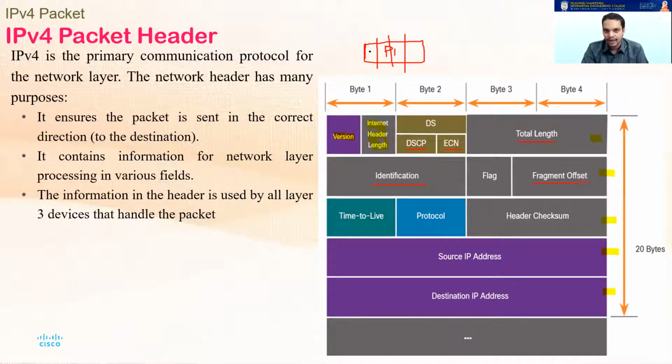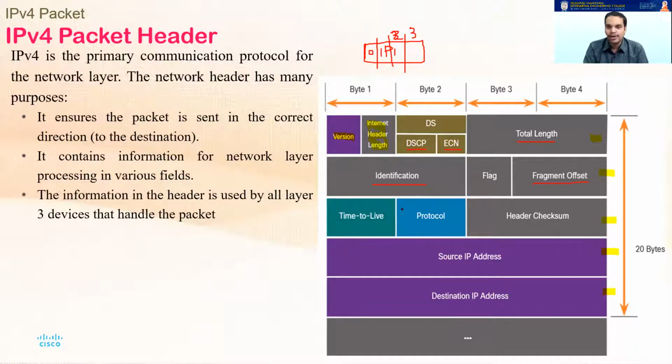So for the first one, the fragment offset will be 0. For the second one, the fragment offset will be 1. For the third one, the fragment offset will be 2, and then 3. So the receiver knows which fragment fits where. And it also knows that all these 4 fragments belong to the same packet because the identification field is the same. The flags here provide a lot of control information, which we are not going to discuss here. You can study it later on.